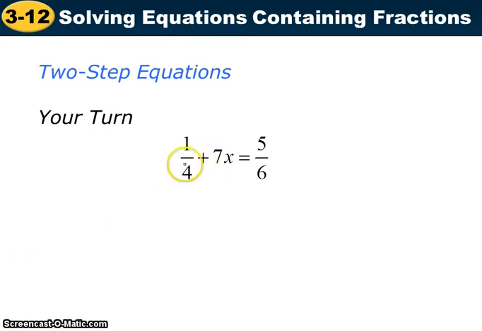Okay, so here again in this case 7x is in the middle, so still we do this one last. There's no mixed number here, so we just do it normally. Subtract 1/4. Okay, and 1/4 cancel. We're left with 7x is equal to,